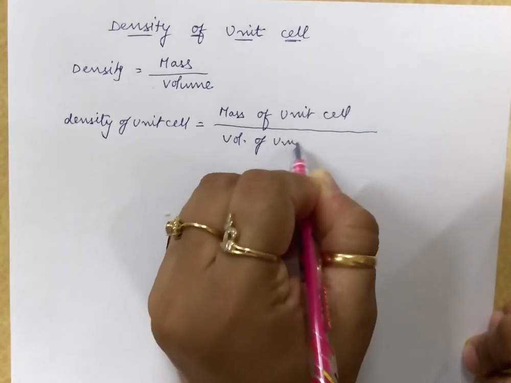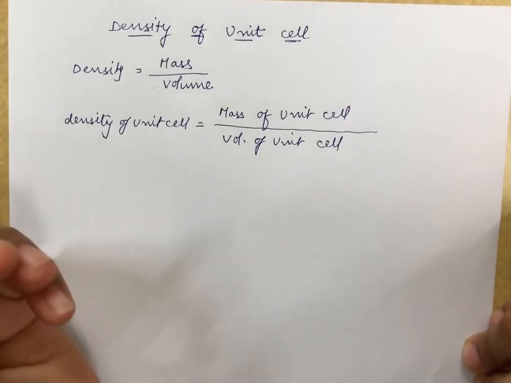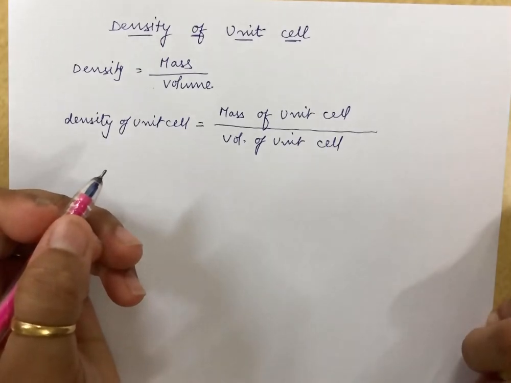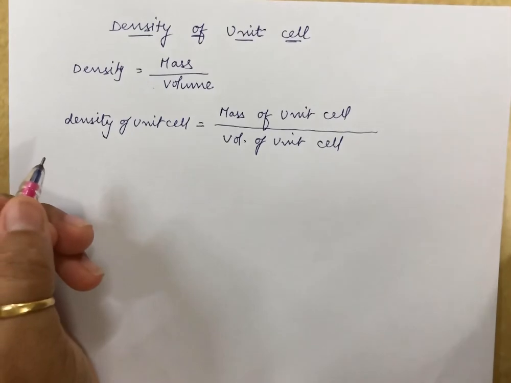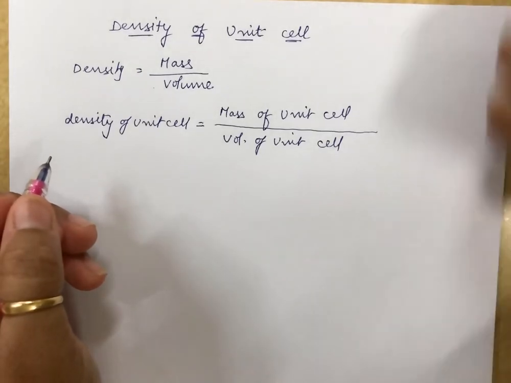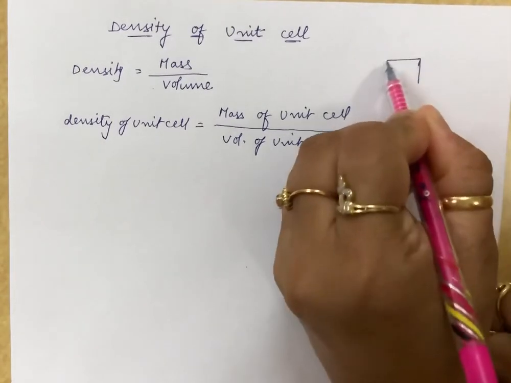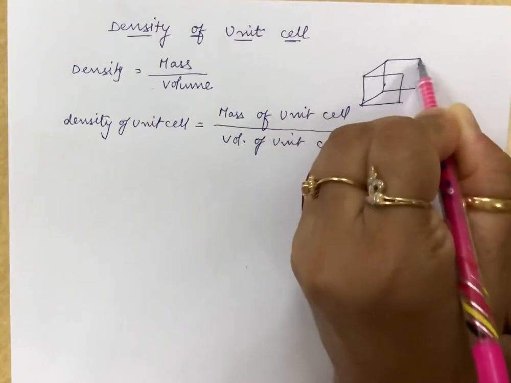volume of unit cell. Now students, we have seen 3 different types, in fact 4 different types of unit cells in your syllabus. That is your primitive type of unit cell, then BCC, FCC or end-centered. Let us talk about the various unit cells and try to find out what the density of these unit cells probably can be. So now students, volume of the unit cell, we all know that if I take this as my unit cell, let me talk about the primitive first.